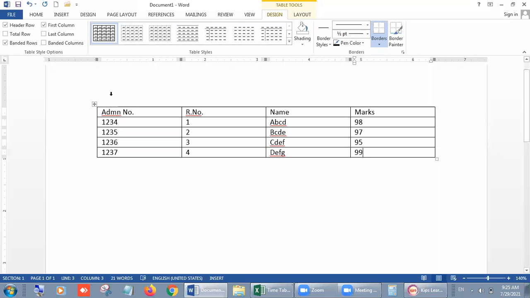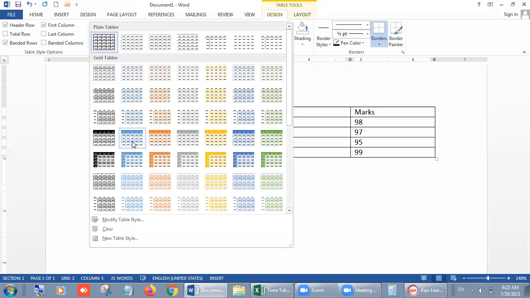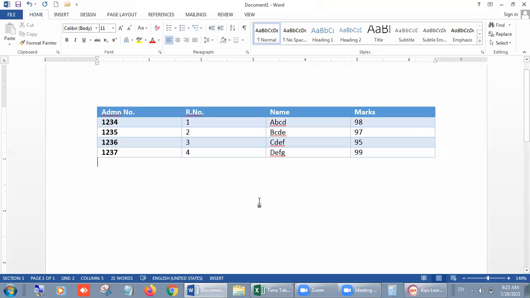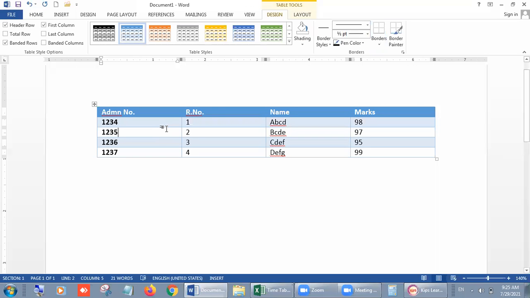We all know how we can format it. Once you click inside it, you will have two more tabs, design and layout, right? So go on design and choose any design of your choice. Suppose this one. Look, the entire table is changed according to your selection, right, beta? So you can resize your data also, resize your columns or rows.